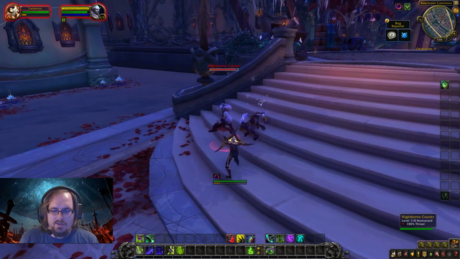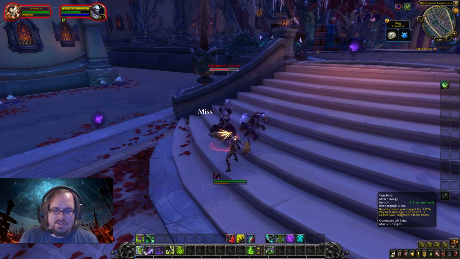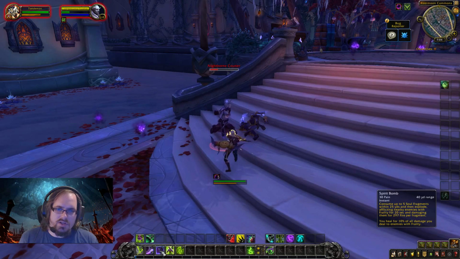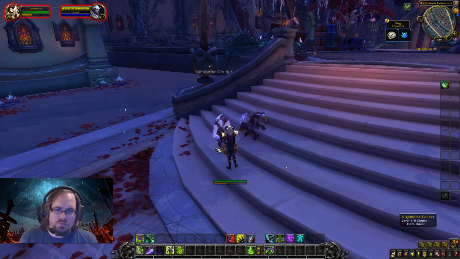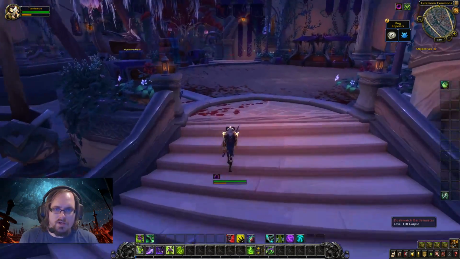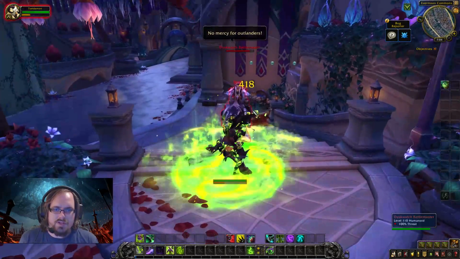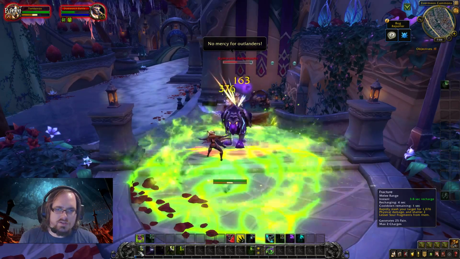Okay, we hit this guy with our AoE. So against a single target, we cast our Fracture. If they're getting kind of low, hit your Spirit Bomb. Boom. There we go. Alright, so between fights again, we've got our Infernal Strike up. We can jump right on top of this guy, go straight into our Fracture,